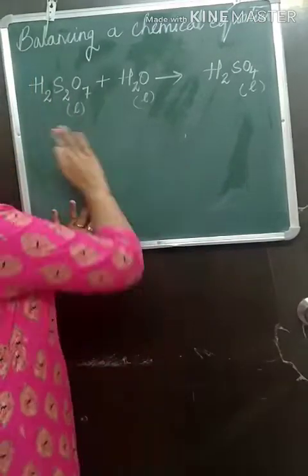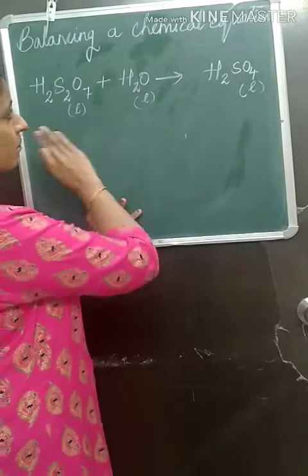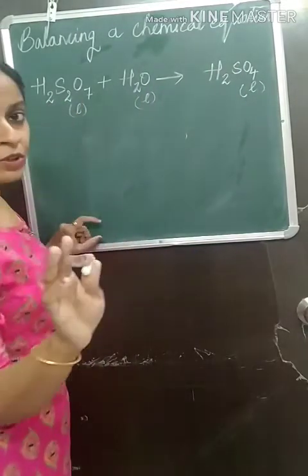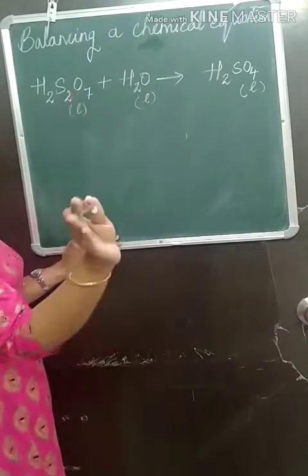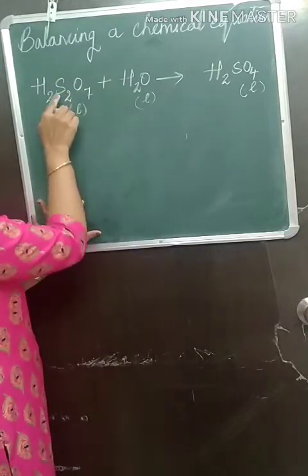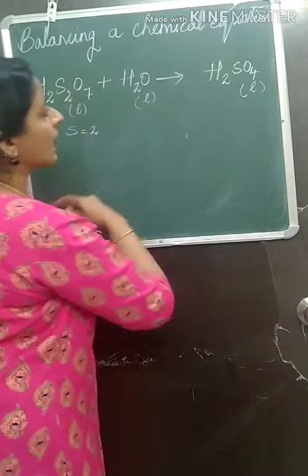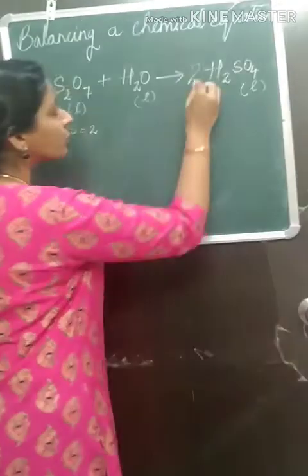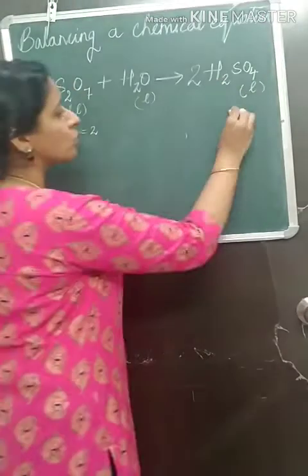Hydrogen is last. So in this reaction, you don't mention the name of the reactant or compound, that is not asked. Only balancing the equation is given here. So in this reaction, hydrogen, as I told you, we will talk about at the end. So which is the metal here? Here sulfur is not a metal, so it is a non-metal. So first we have to consider this non-metal. On the reactant side, S2, so we have sulfur 2 atoms. Whereas on the product side, we have S only 1. So to make this S2, we will put a coefficient 2 here. Okay. So now S also became 2 atoms here.